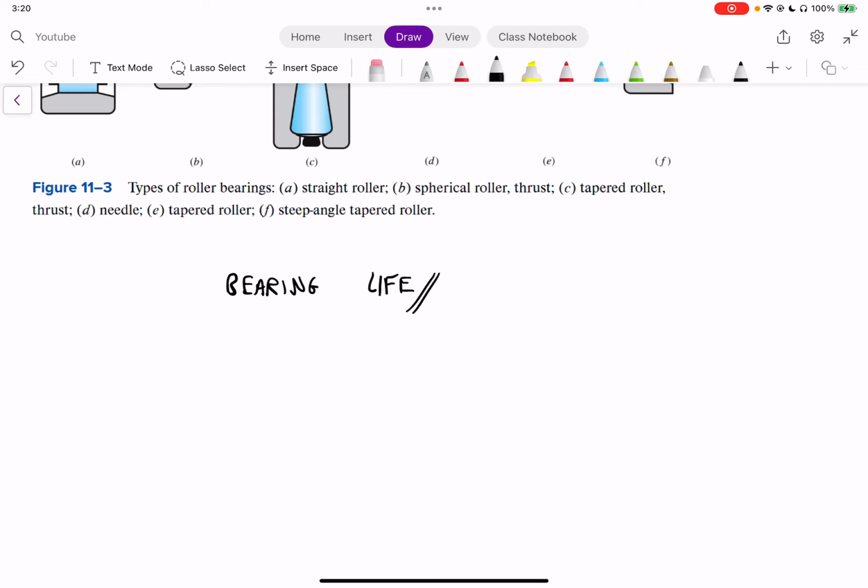So bearing life is defined in two different ways. The first way is that bearing life could be affected by two different things. It could be affected by metal fatigue, because usually we have metal bearings. They're usually made out of metal because it can be machined very precisely, and therefore we use that material. And the other way in which it can fail is if there is a problem